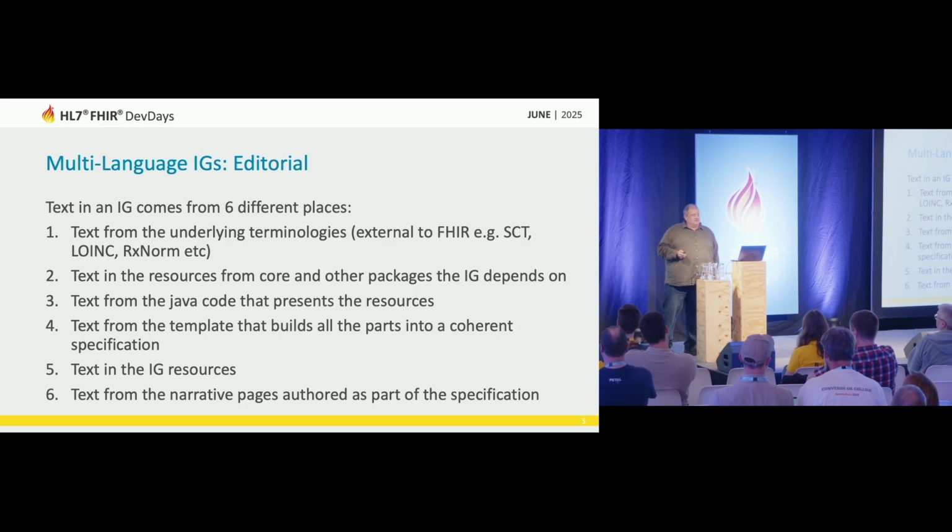Text from the underlying terminologies, text from the core, text from the Java code, text from the template, the text in your resources, and the text from the narrative pages you author as part of the specification. All of those contribute text into the output narrative in the actual implementation guide. Some of those are really hard to translate. So